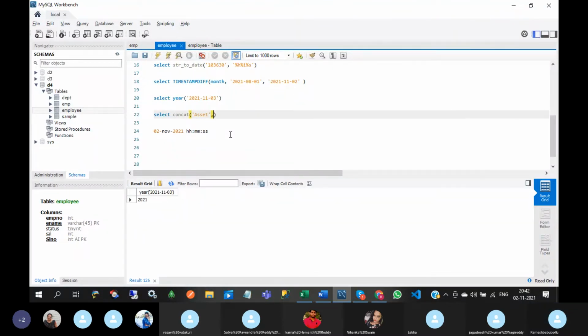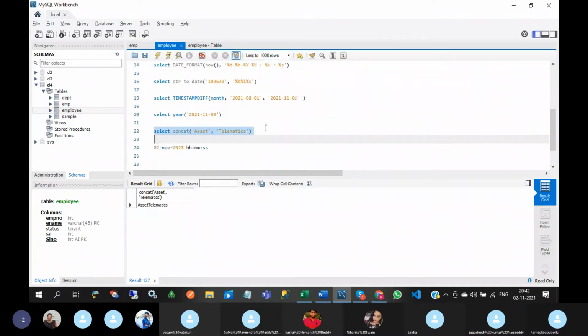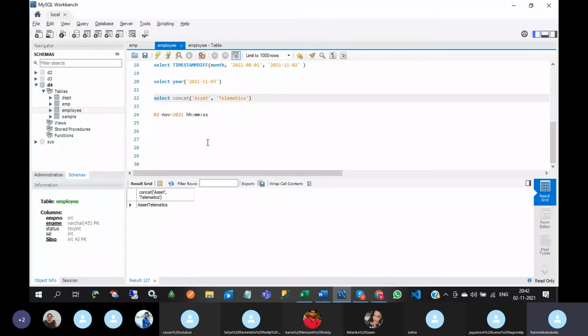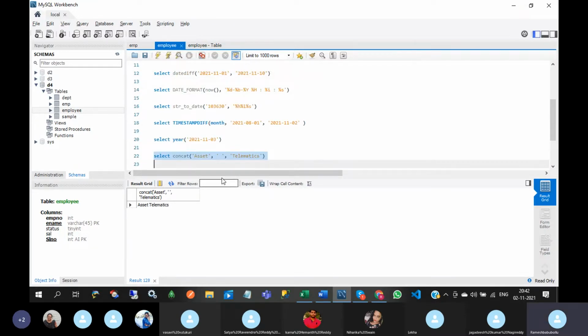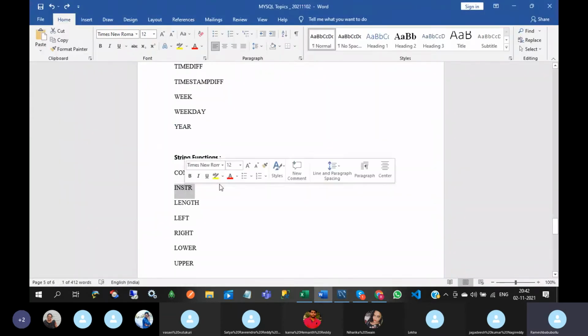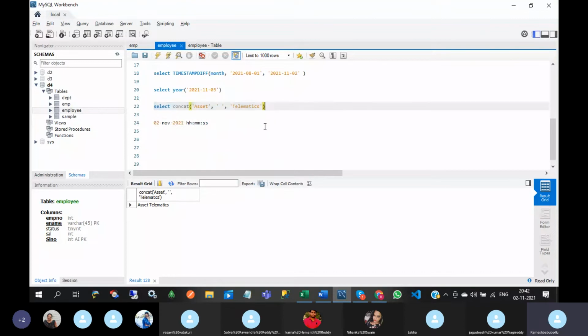So the two strings, we can concatenate this. See this, I am giving a space between these two words. So this is for concatenation purposes. Next one is INSTR.